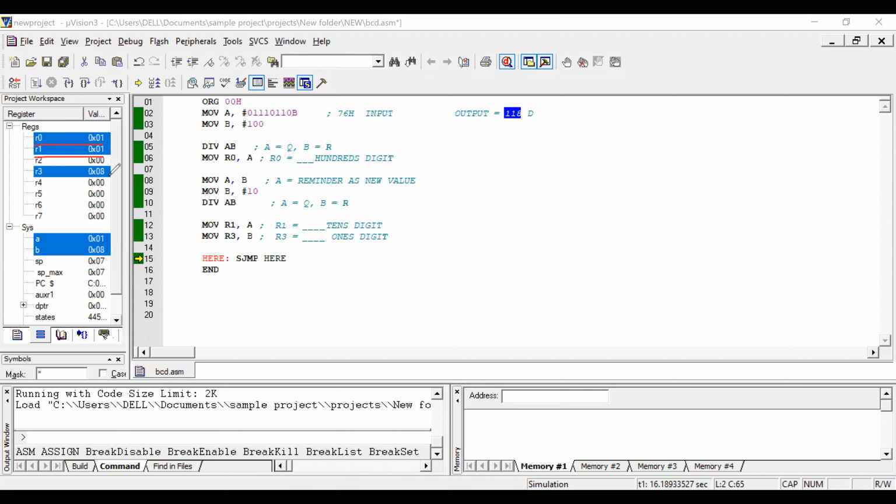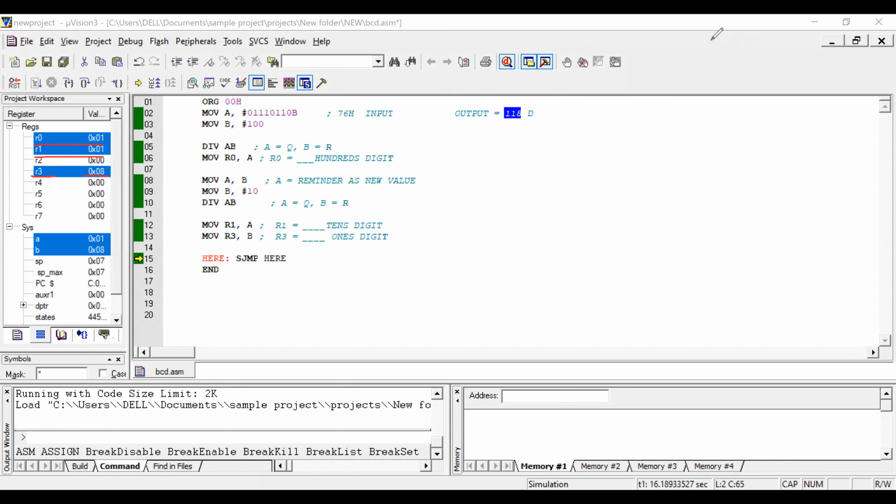So as per the flowchart, we have taken the exact decimal value to the corresponding registers, and this is the equivalent decimal value. Okay. So any doubt here? No, sir. So this is how you have to develop a program.